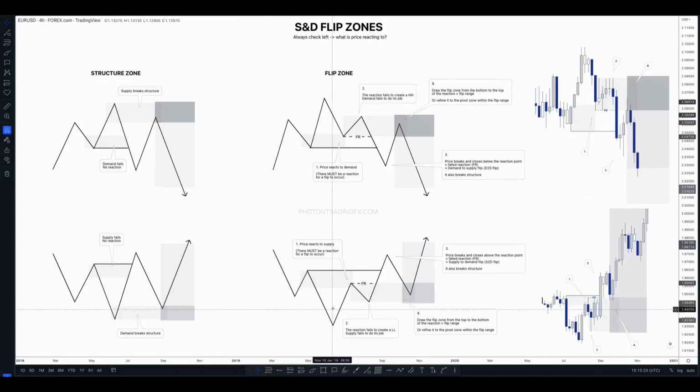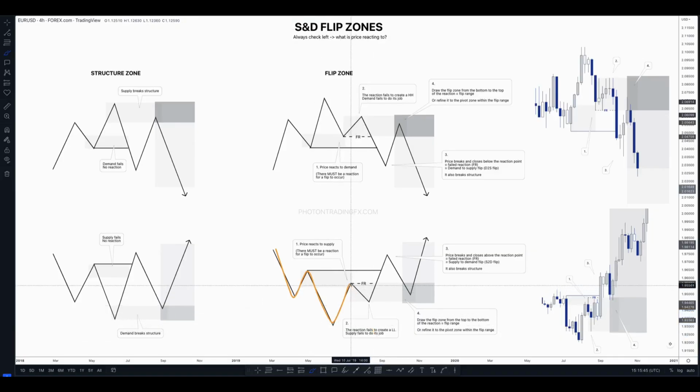So from a bullish example, we just think about a structure zone. Again, it's just one that leads to a break of structure. Okay, we look back in this leg. Where are the zones? There's a zone here. Okay, that's a structure zone, right? There's no reaction. It's just one straight move up. Here, it's the same thing, except there is a reaction to supply, right? Price comes into supply. If supply is going to do its job, what should happen? It should push price to make a lower low, right? That's what supply should